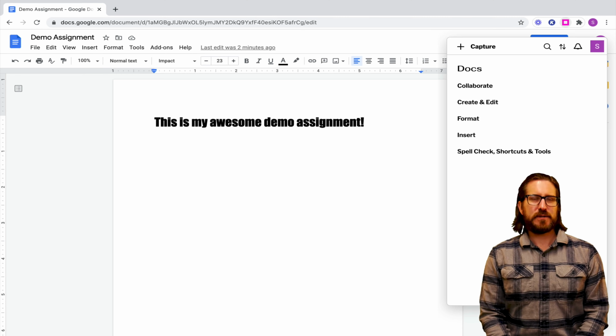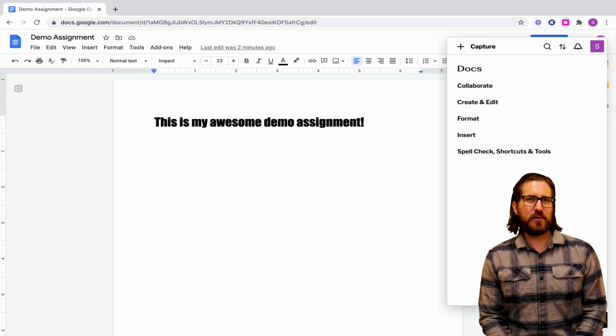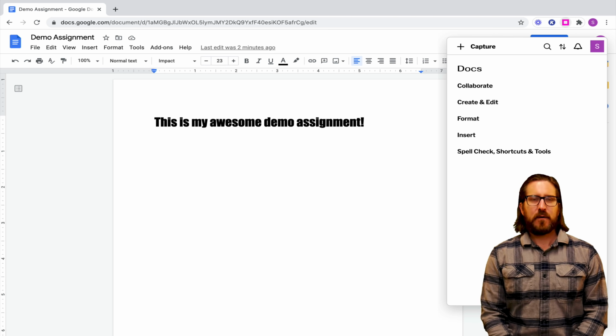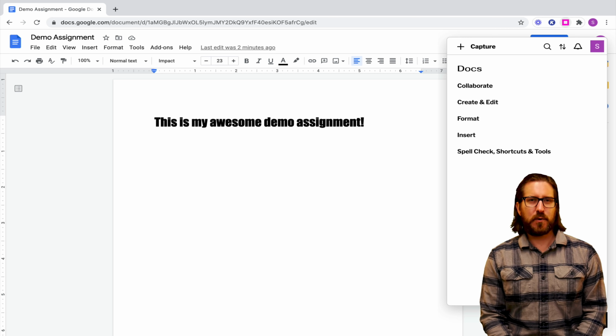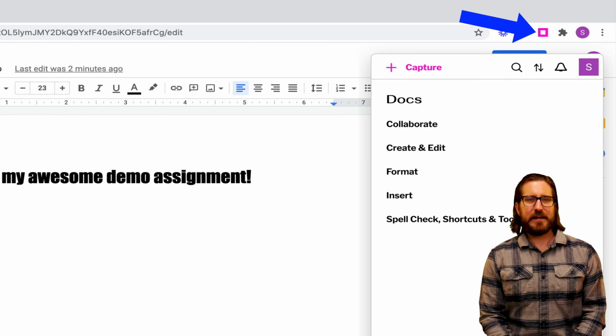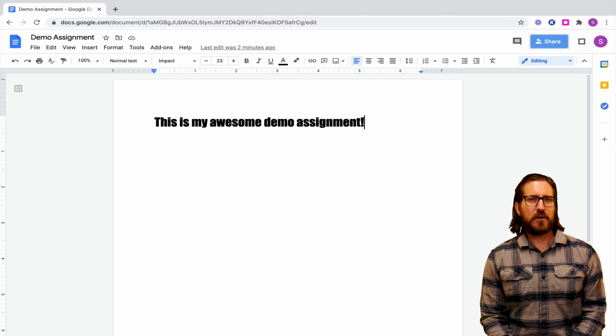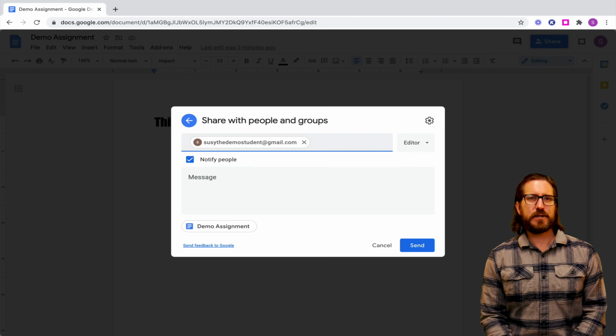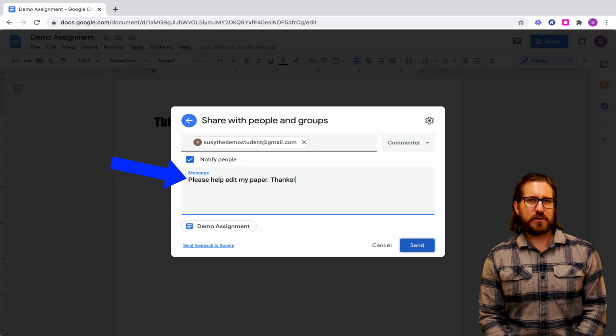Let's say you're trying to show students how to do something like share a Google Doc with a classmate and give them commenting access only. Rather than trying to explain that in your own tutorial, you can have the artificial intelligence tool in IORAD make that for you. So the way it works is that you'll click on the extension, then click Capture, and then start clicking on the actions needed in order to share a Google Doc with a peer, change the share settings to commenter, and then leave them a personal note.